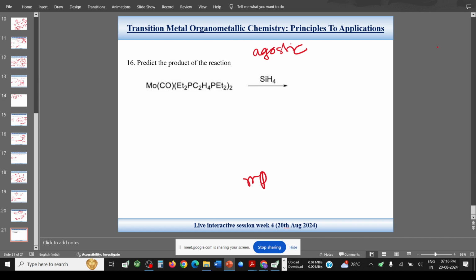The other one is not structurally characterized, it is just an intermediate, or we cannot characterize it structurally maybe because of sensitivity. So this is molybdenum, and this is an activation of the SiH bond, which is similar to the CH bond. Here the correct answer is